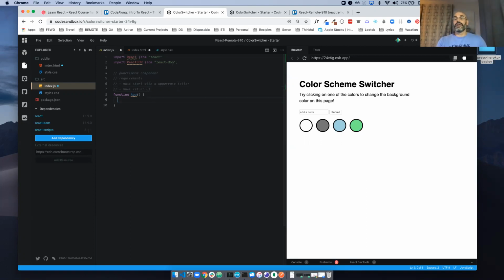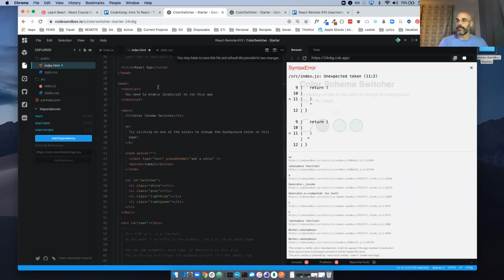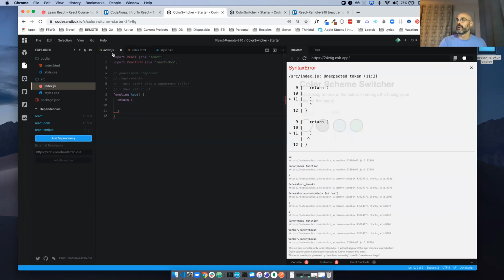So if we're here and we have this, we want to return something. So if I say, hey, return, we need to return something. Now, when we return content, it's already erroring out. You see on the right-hand side, this thing is already erroring out. I'm going to save my file. You see the little circle up here tells me that it needs to be an X, otherwise I'm not saving it. So if you refreshed your screen, you would see what I have now. Even the HTML, I'm going to save that as well. So we have to constantly save.